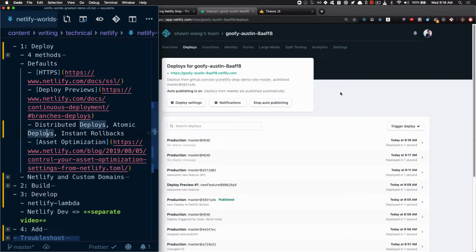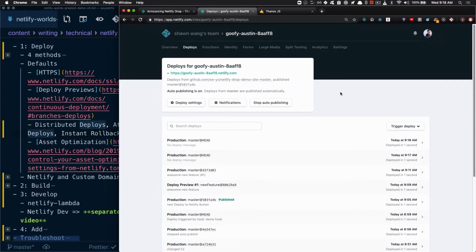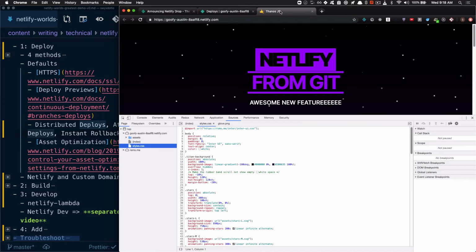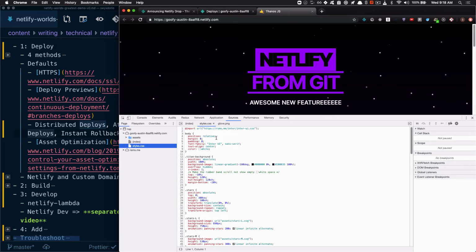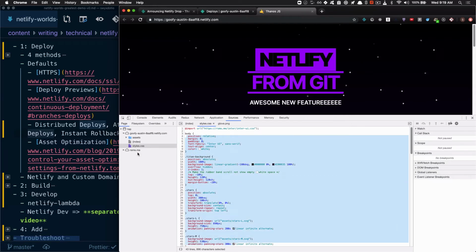Now this is not on by default, but it's so easy to turn on that I can't resist telling you about it. So if you head over to the site that we've published and you look into the sources, you can see that we've actually not optimized this site for performance. This is obviously a super small site, so it doesn't matter, but you may want to have this on a larger site. So for example, we can minify the CSS, or also if we had any JavaScript files, we can also minify that